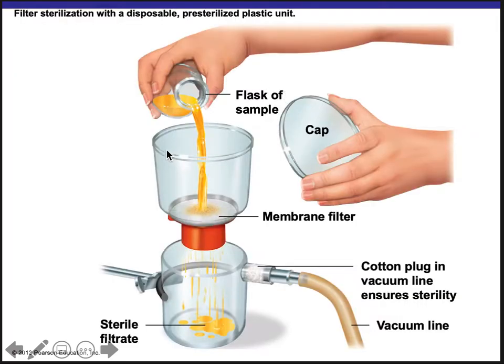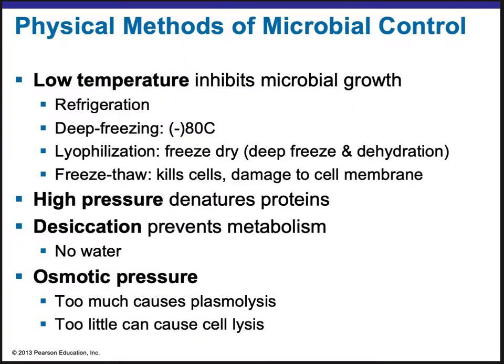This is showing membrane filtration, where, in order to get the fluid to actually go through the membrane, which has very, very tiny holes, you need to apply a vacuum so that you're causing suction and pulling the fluid through. Remember, anything that's too large to fit through the pores is going to get trapped, left behind, and then the fluid that gets through is called the sterile filtrate, right? Okay, so